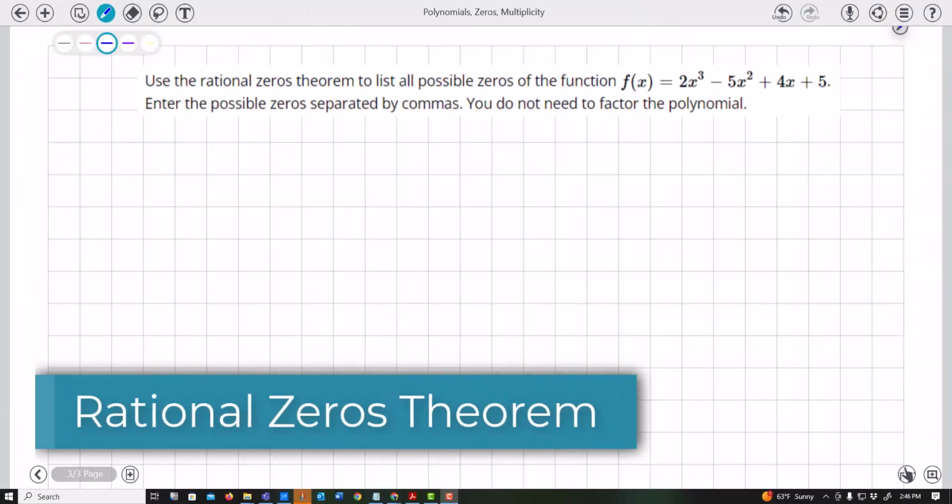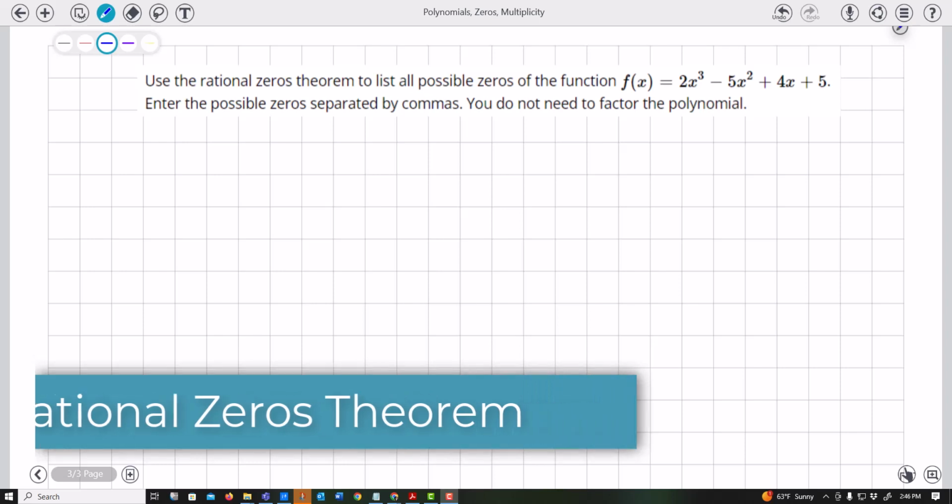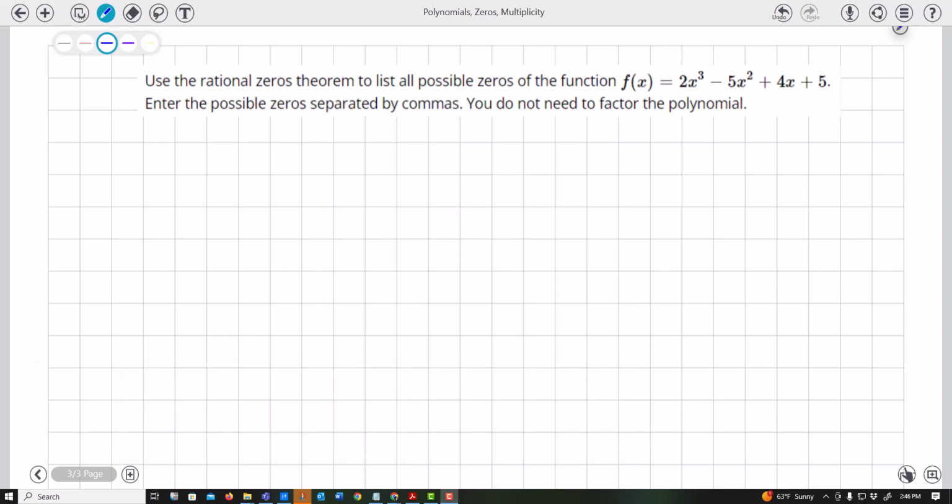Okay, we're asked to use the rational zeros theorem to find all the possible zeros of this function, and it says you do not need to factor. So this rational zeros theorem, what you do, and if you use the AC method this might make a little bit more sense to you,